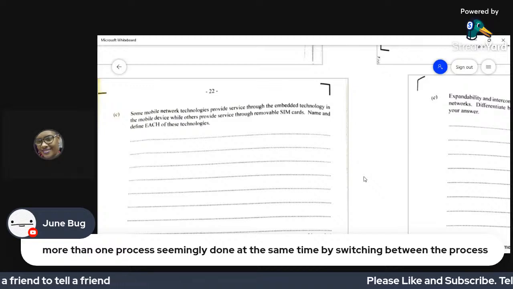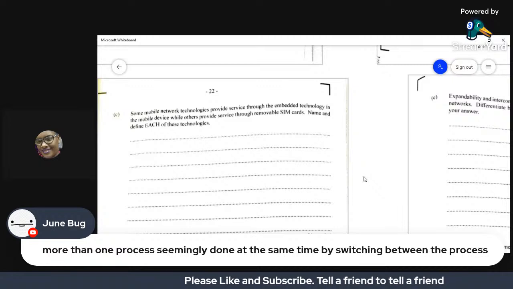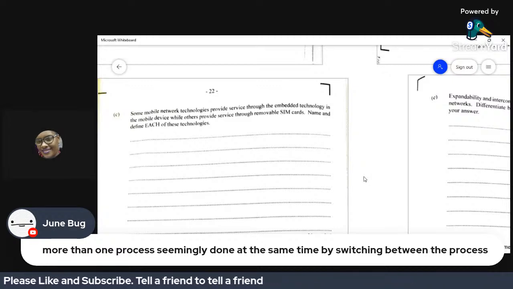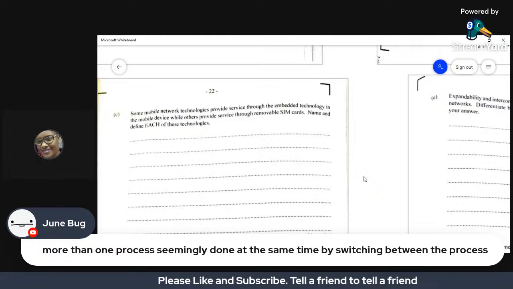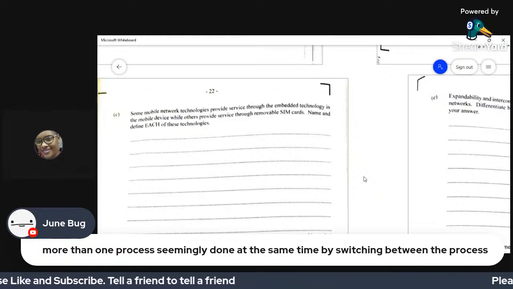And the second part now of the scenario would be GSM, where you are allowed to remove your SIM card. Then it says now that you need to define it. So as I said now, CDMA stands for Code Division Multiple Access.